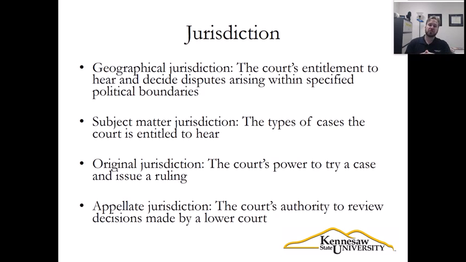So there is the geographical jurisdiction, obviously. There's also something known as subject matter jurisdiction. There are some courts which do not have a lot of jurisdiction. One of these might be the juvenile court. If you're a juvenile, then that court has jurisdiction over you. But if you're an adult, they don't have any jurisdiction over you. There's absolutely nothing they can do. And another example might be probate court. Probate court in Georgia doesn't have a lot of jurisdiction. They issue marriage licenses and gun permits and things like that.